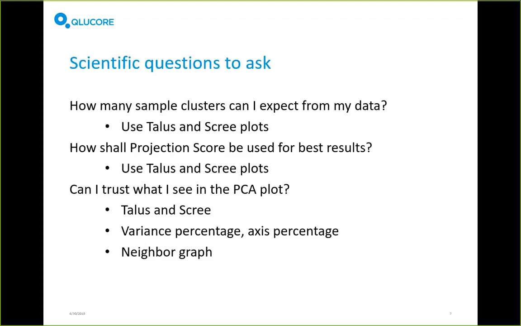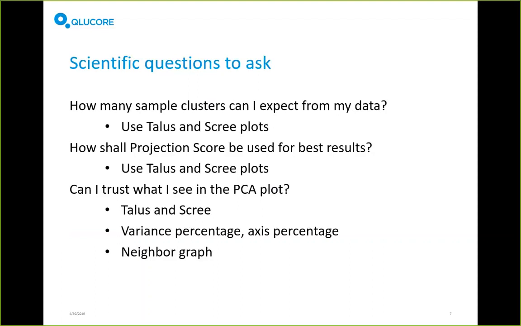And sometimes that question can be answered quite easily by the issue at hand. For example, if I am investigating samples containing a to me known disease like leukemia, and I know what subtypes of leukemia are supposed to be present in the data set, or which subtypes of leukemia are usually present,